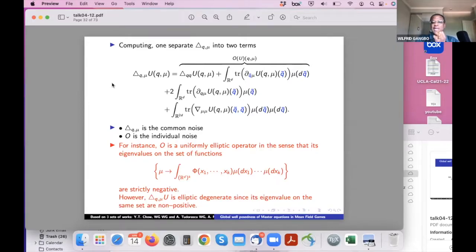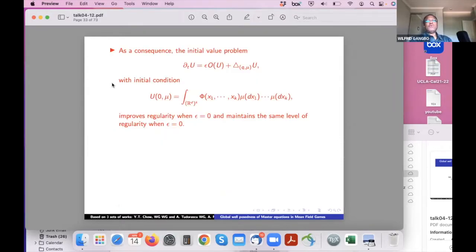O is a uniformly elliptic operator, and the partial Laplacian is a degenerate operator. I am not going to say more about this here because I will need to do some computation. I will need to compute the Laplacian of the functions which are here, and I don't want to do that. So when you consider the initial value problem,